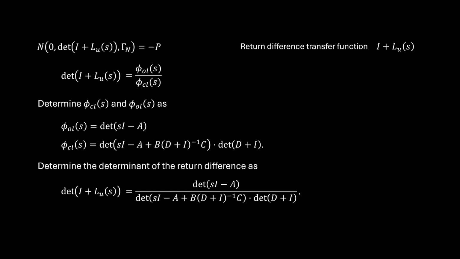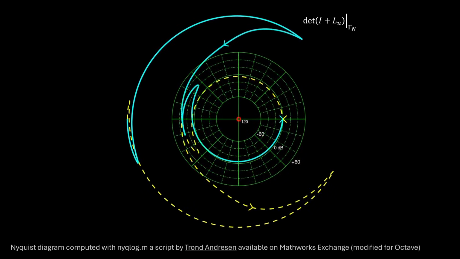Of all the ways I could have determined this transfer function, you may ask why I showed it this way. The reason is that working in Octave, I found this transfer function approach was least prone to numerical error using this formula. Now, providing this transfer function to the function nyclog, available on MathWorks Exchange, this full Nyquist diagram is